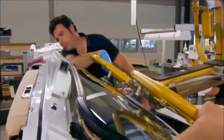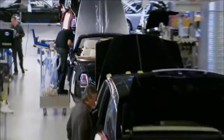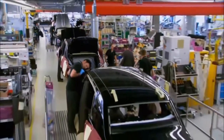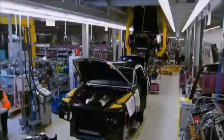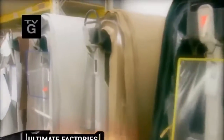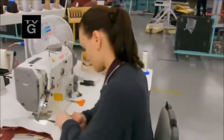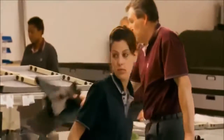Once the pieces have been cut, sewing machinists begin the painstaking job of stitching the leather panels together. The most critical part of the job is the top stitching, the stitches that are visible. It's extremely difficult to keep the stitches perfectly even around the corners. And one of the most crucial panels is the one directly in front of the driver, the dashboard. Most important thing is the stitch line, so it looks exactly straight, which is extremely difficult. You can see, so the attention to detail to get that seam looking right by eye, it's never 100% perfect